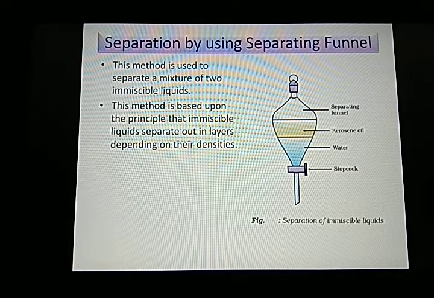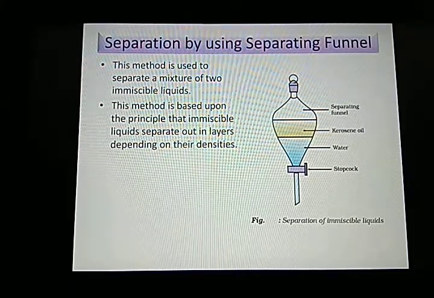As a result, for some time it will look like it has been mixed, but as we know, they are immiscible liquids. So after some time, if we keep it undisturbed, then we can easily see the separation that has occurred between kerosene oil and water. There will be a fine layer of separation between kerosene oil and water. Then what we have to do is